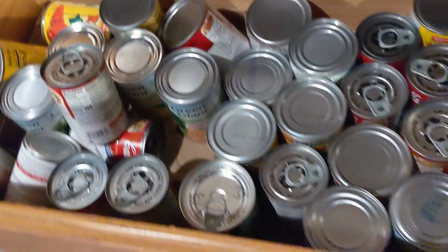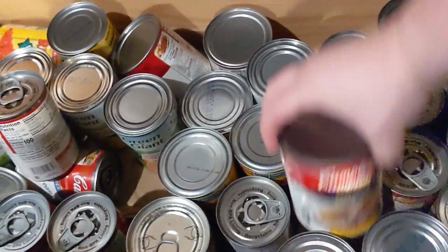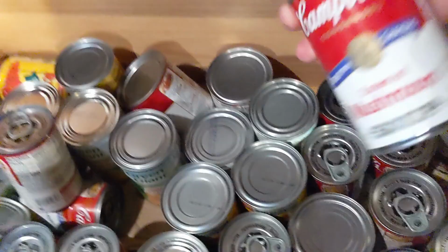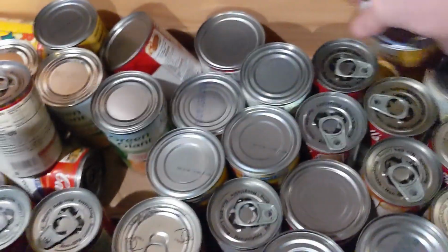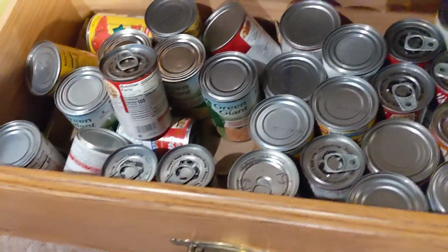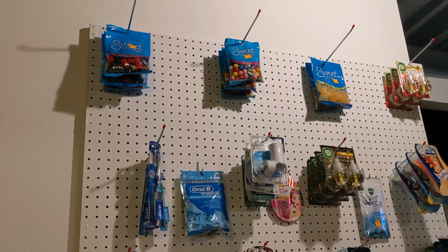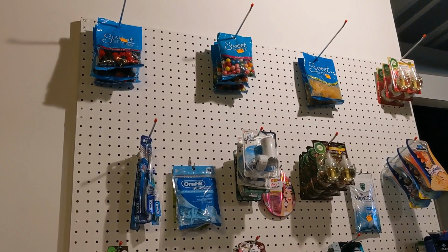And the last drawer is all canned goods. So we've got broth, we've got gravy, lots of vegetables, cream and mushroom soups, tomatoes, and that's all our canned goods. So by far, one of the coolest and biggest upgrades we've made to our stockpile since our first video